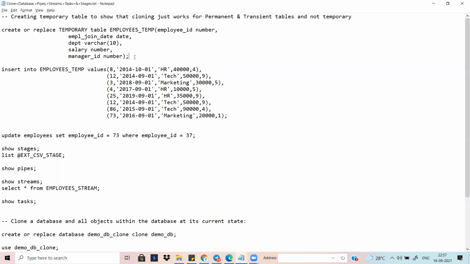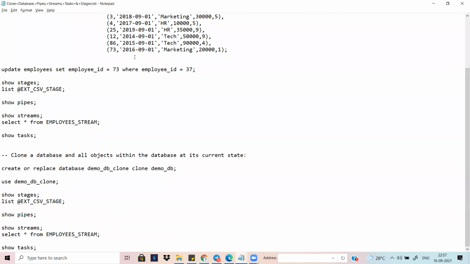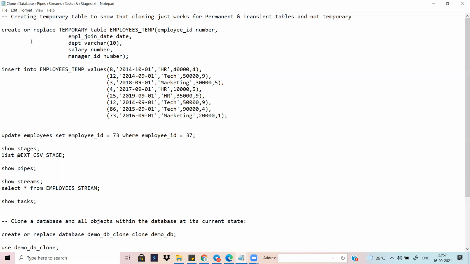Okay, then this is for that cloning. Cloning means just to copy that data, not much thing. You can see this is a temporary table.